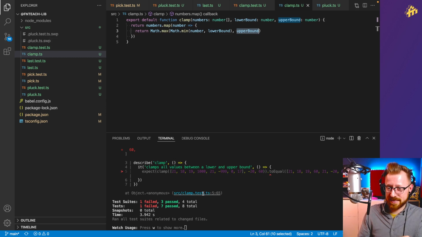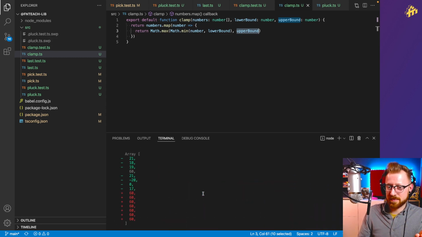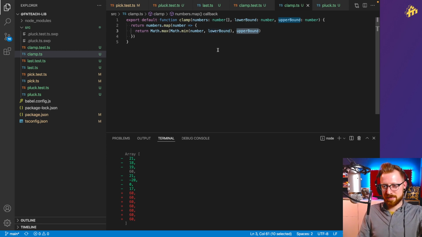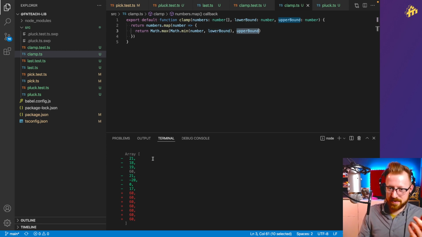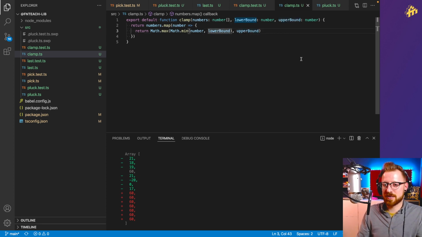For the input that I have in my test, I expect a certain outcome. This is hilarious because, meaning well and pushing this implementation to production, I don't get 21, 18, 19, 60, 21, minus 20, 0, 17. I get 60, 60, 60, 60, 60, 60, 60, 60. I only get 60s. That is not at all what I want, so I know because my test fails, my implementation is wrong. Upper bound and lower bound. If I reverse that,